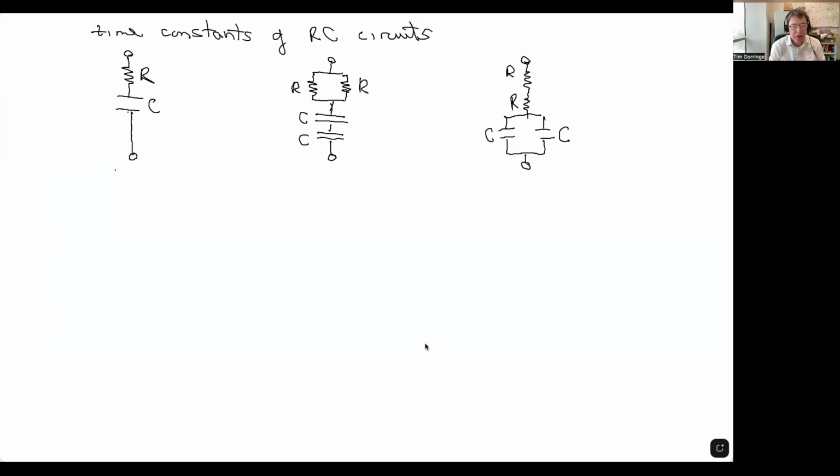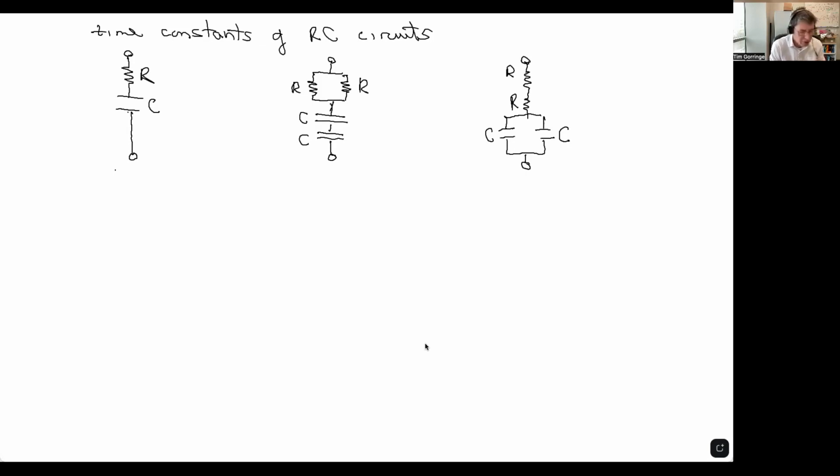Wanted to work through an example involving RC circuits, specifically about the time constants of RC circuits. As you know, when you charge up a capacitor through a resistor, that takes some time. There's a characteristic time constant. As you discharge a capacitor through a resistor, that takes some time. There's a time constant. And so this question is all about evaluating time constants for different circuits involving resistors and